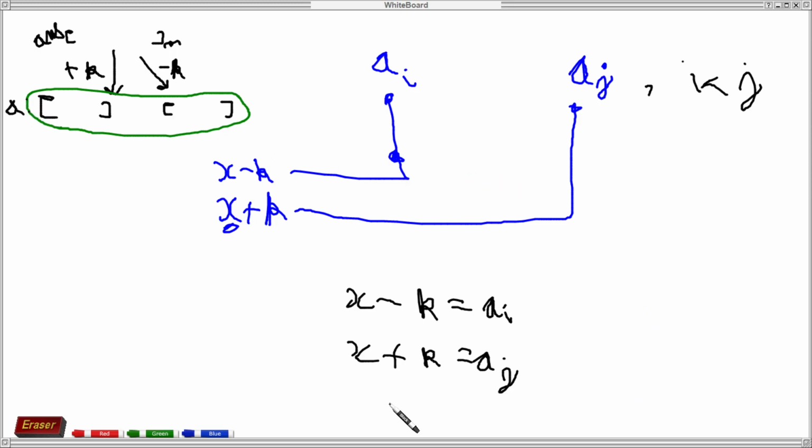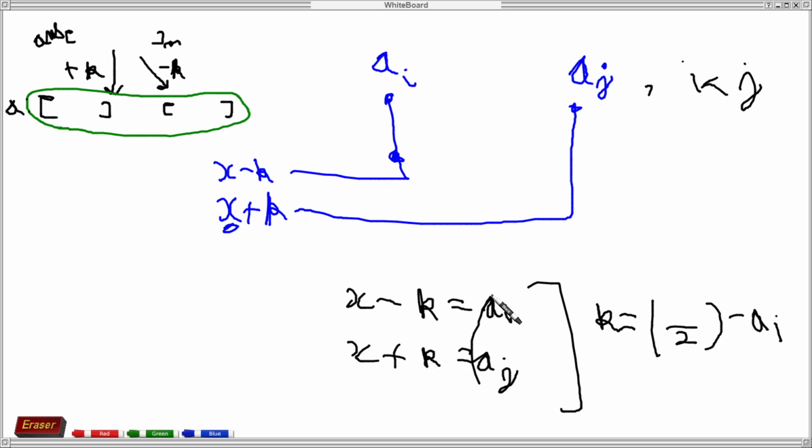Now we can see that from these two equations, K equals AI plus AJ by 2 minus AI. This will be the sum of AI plus AJ.